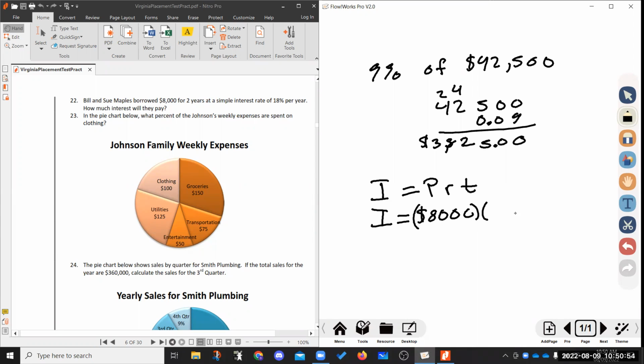times my interest rate, which is going to be 18%. I'm going to express that as a decimal. T is 2 years. Since this is all multiplication, this is the same thing as 16,000 times 18%. So let's take that